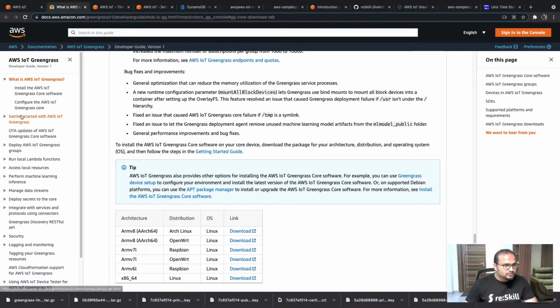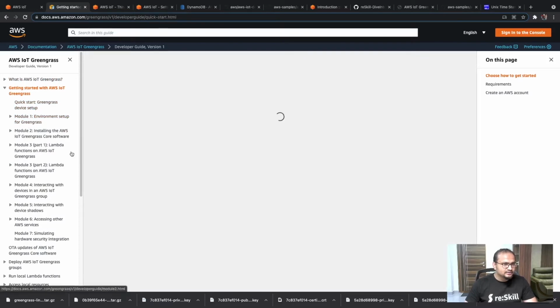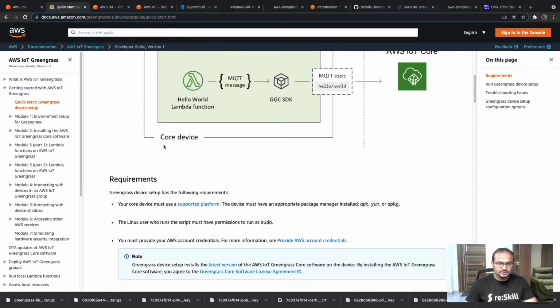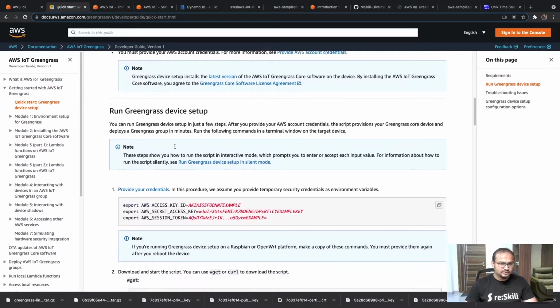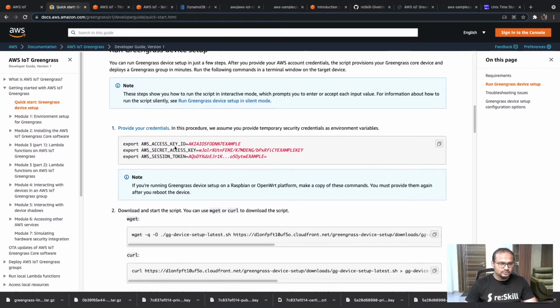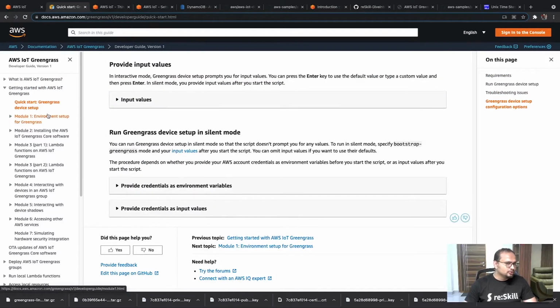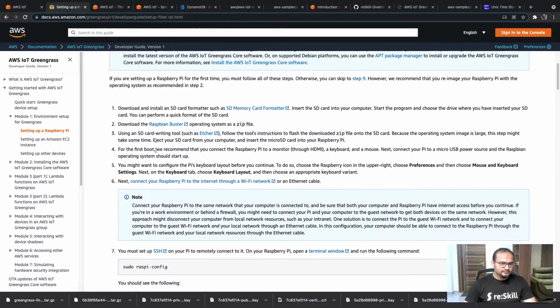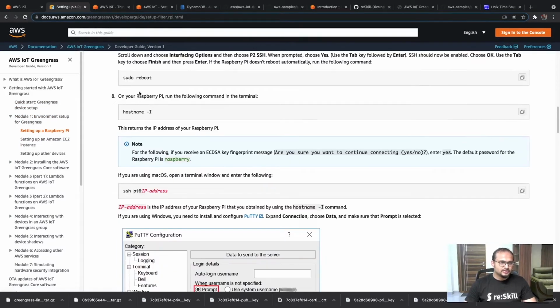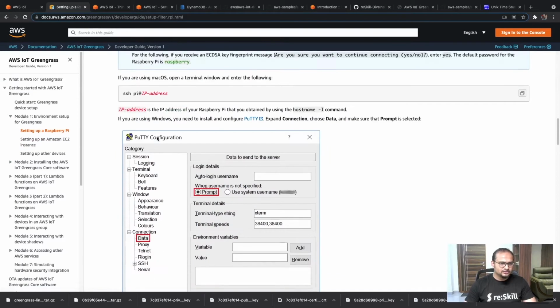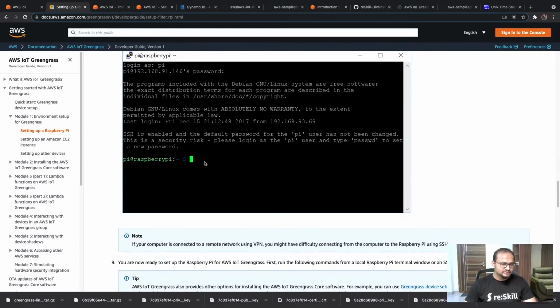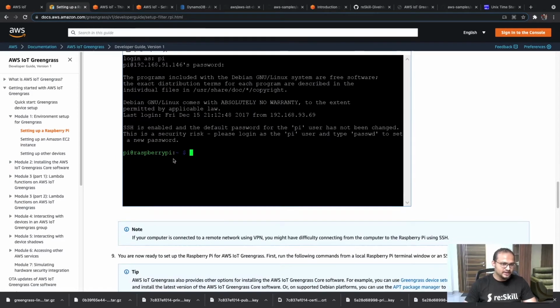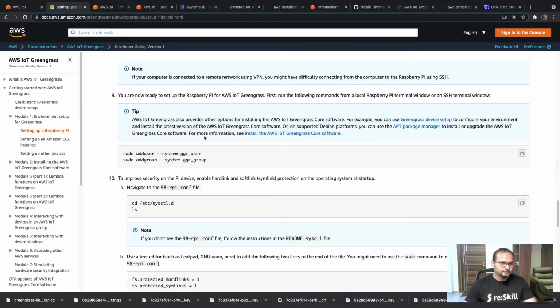Okay, so we will do getting started, Greengrass device setup. So we have created it. The first thing we need to do is module 1, environment setup for Greengrass, setting up a Raspberry Pi. Here it asks us to have the host name. Basically it's connecting to it via SSH, and we have done that already.